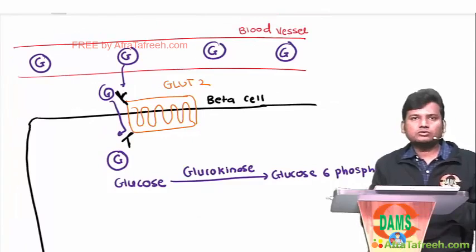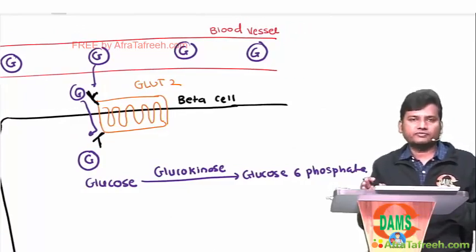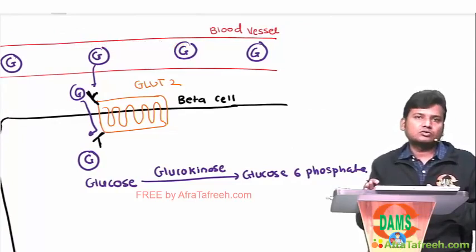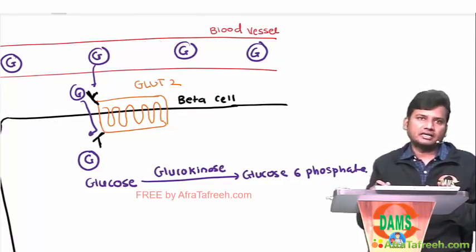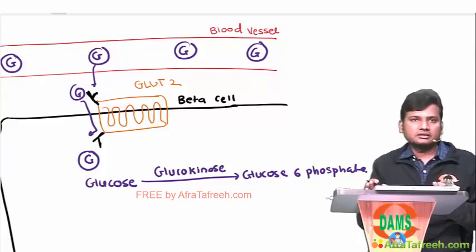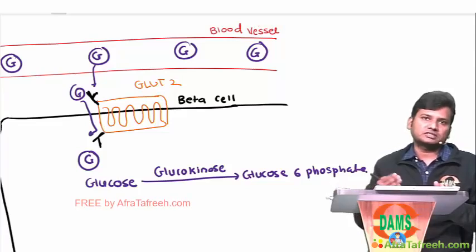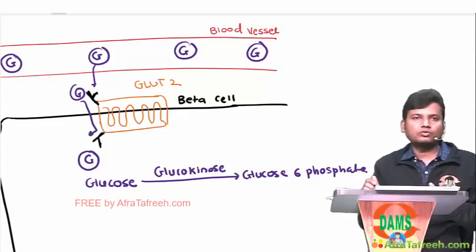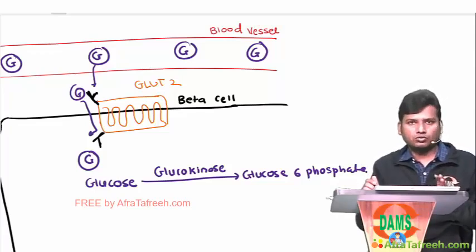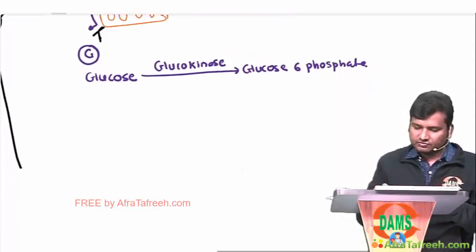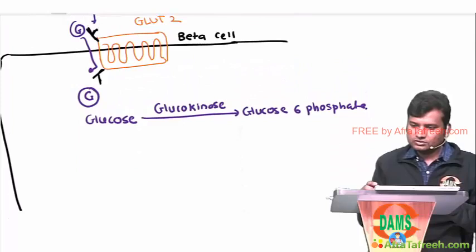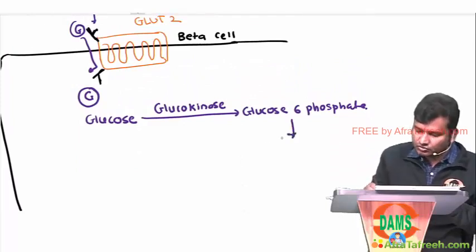Once glucose is converted to glucose 6-phosphate, it is locked inside the beta cell. It cannot be transported to blood by GLUT2 transporters. GLUT2 transporters cannot transport glucose 6-phosphate, but they can transport glucose. Now this glucose 6-phosphate will undergo glycolysis